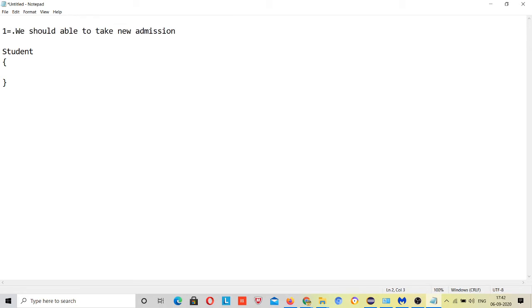Suppose this is second and first. Let me define this. Whatever the faculty, suppose the faculty logs in to the system, then the faculty should be able to see all students which are already enrolled.